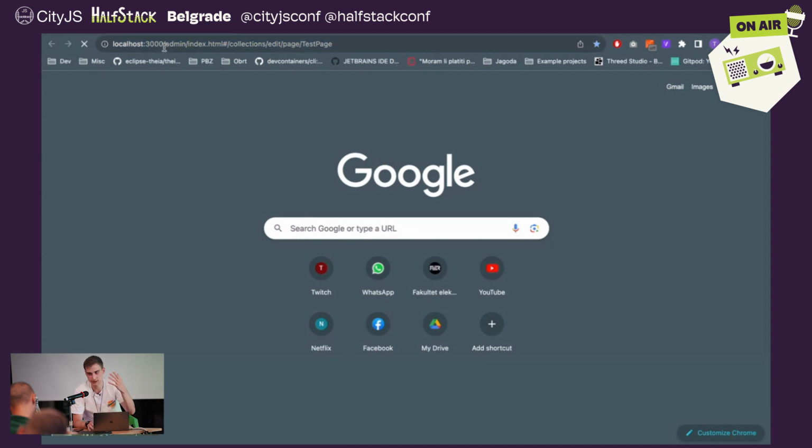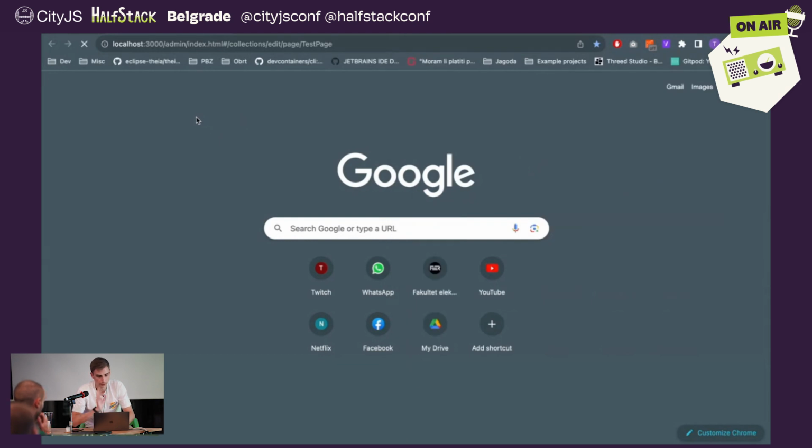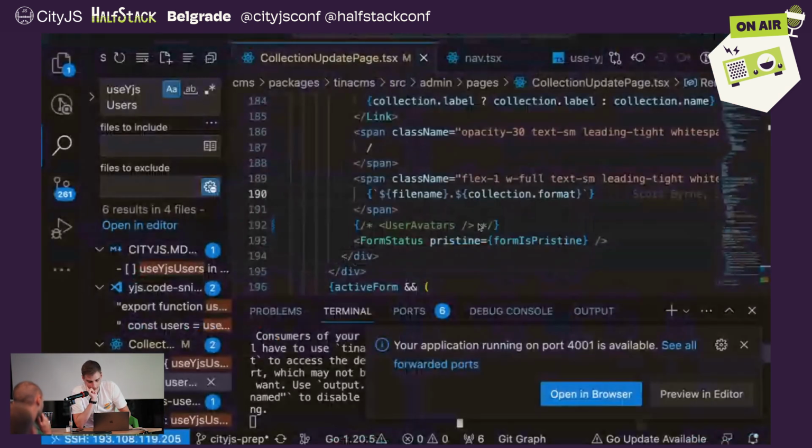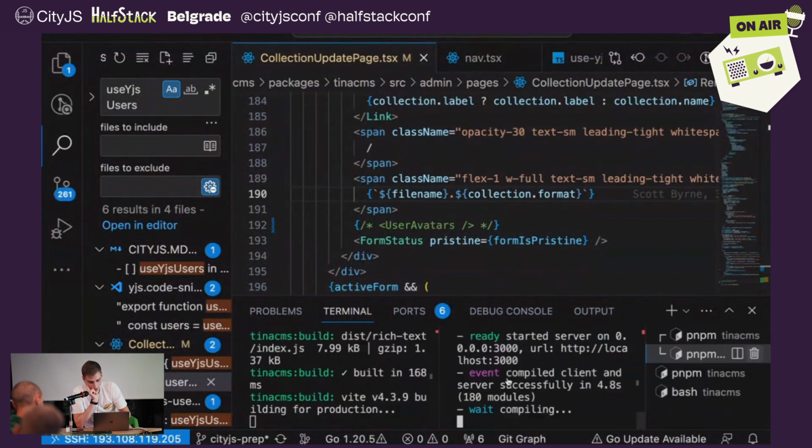So it's just some test page that I'm editing inside the CMS. And I'll open it twice. So I'll do this and I'll do this side by side. And while Next is compiling, which will take a second,